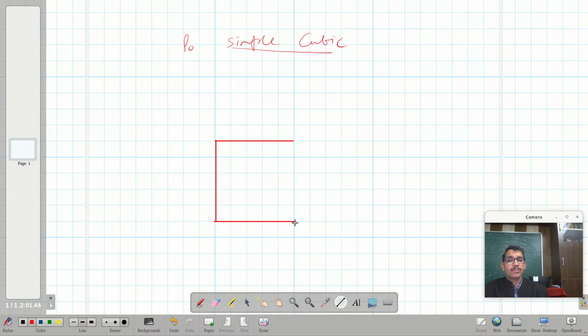This is one cube, so if I place one atom here,